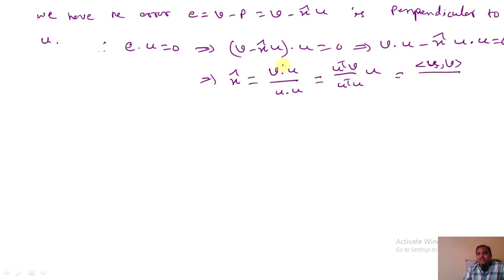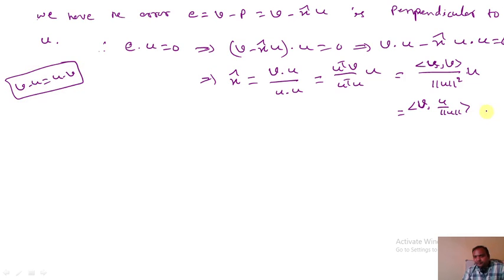Similarly, the dot product v dot u is the same as u dot v. The dot product is the same, it's not affected. This one is norm u square into u. This one also we can write, or some books write the same notation, or you can write v comma u or u comma u. V comma u by norm u. Both are the same. So v dot u is the same as u dot v, that is, the dot product is commutative. U by norm u is a unit direction vector. This is some scalar. So that's the definition.